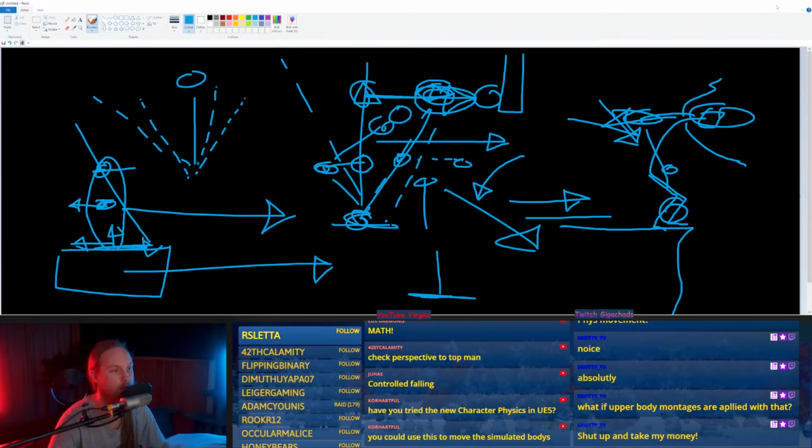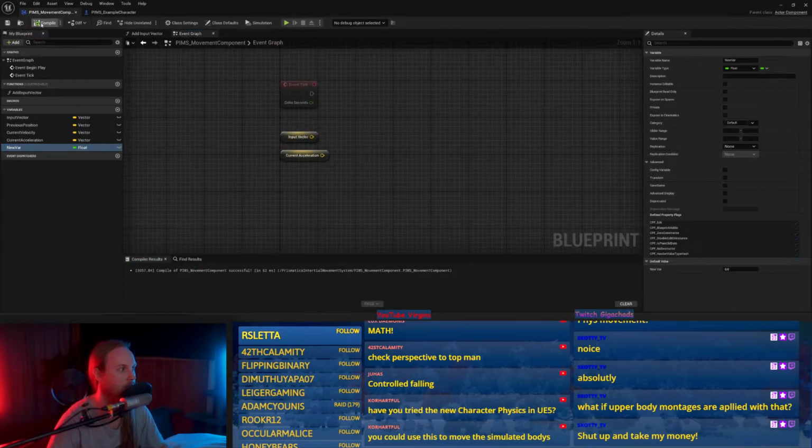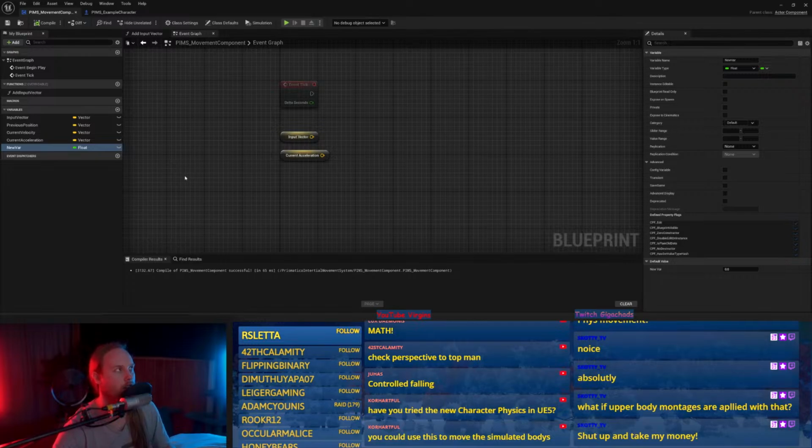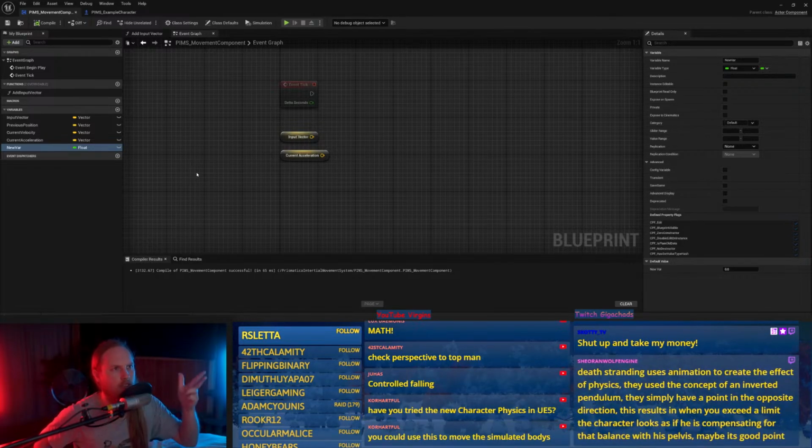That's a good point. I might doodle with that at some point. The thing is that I don't want to use physical animation on characters when they don't have to have it. I only want to use it when they're either doing a hit reaction or one of their limbs is broken or they're really tired or something.